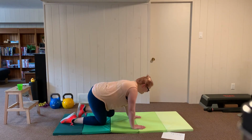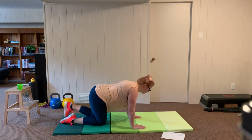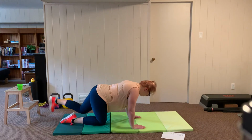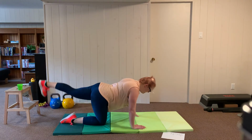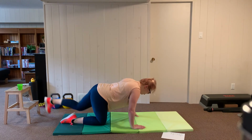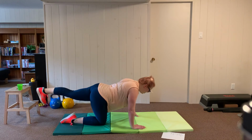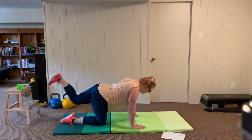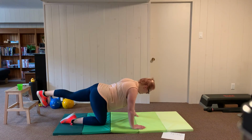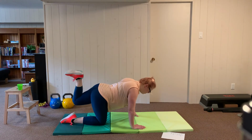Let's go for 8, 7, heel is out here. 6, 5, you can do it. 4, push through. 3, 2, 1. Hamstrings, here we go. 6, and out. 5, and out. 4, keep this up. 3, 2,